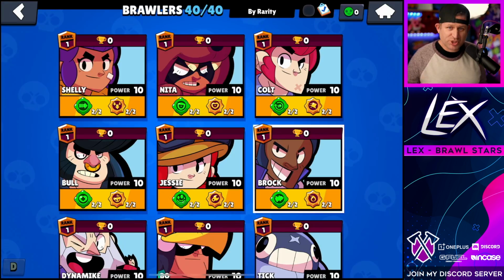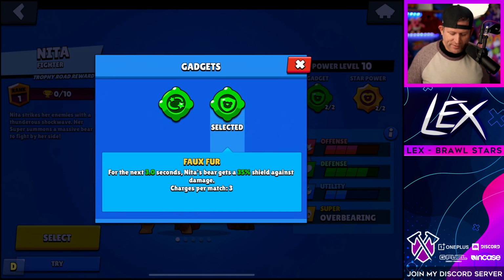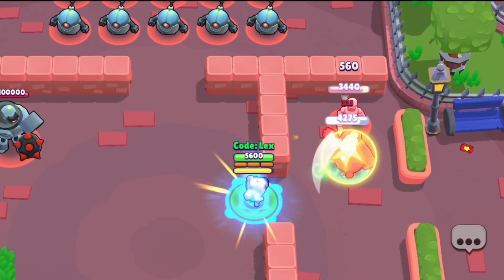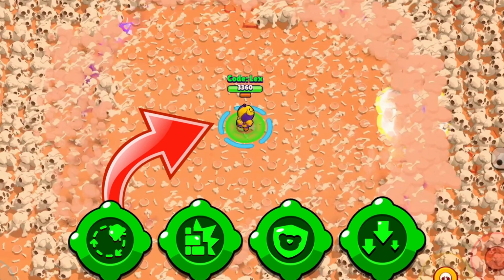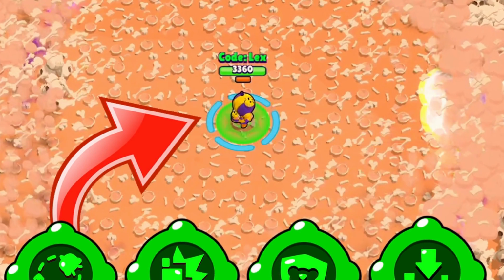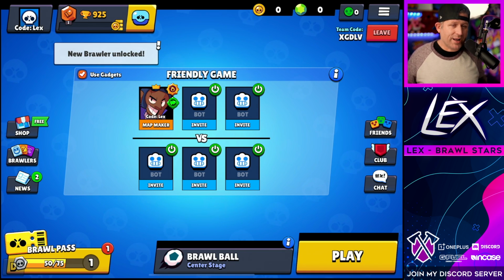Oh man. So just real quick, if you did miss it last week, Nita's other new gadget is going to be Faux Fur. It is a shield for Bruce. Sprout's new gadget is going to be right here, Transplant. He basically destroys his current wall, gives him a full super back, and he can throw down another wall. Those are the two new gadgets for Nita and Sprout. If you want to see more on those, watch my previous video on the other gadgets that were coming in. You can see more details and gameplay of that happening. But for these two brawlers, the main ones that I'm targeting here are going to be Brock and Carl,